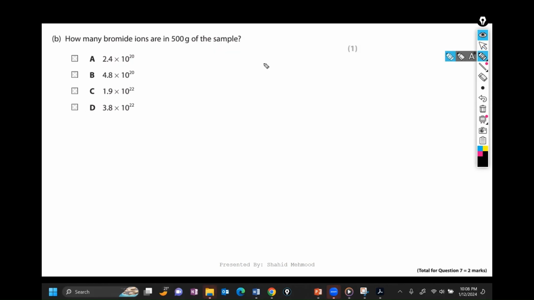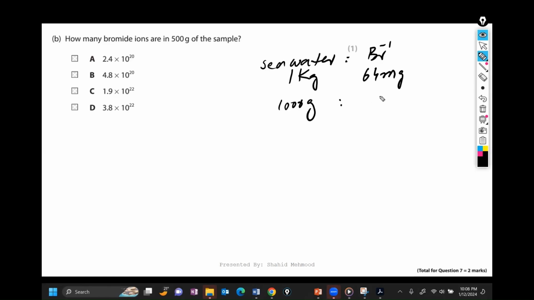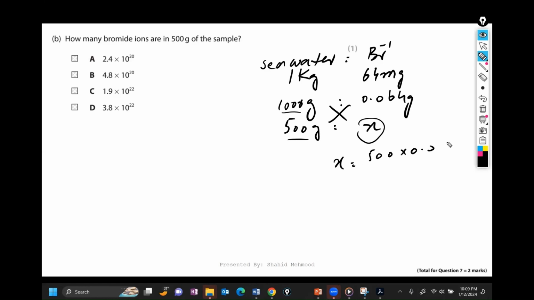If we change into grams, 1000 gram of the seawater contains 0.064 gram of bromide ion. So 500 gram will have how much? 500 is half of it. You can solve 500 times 0.064 divided by 1000. So you will find the mass of bromide ion, which is